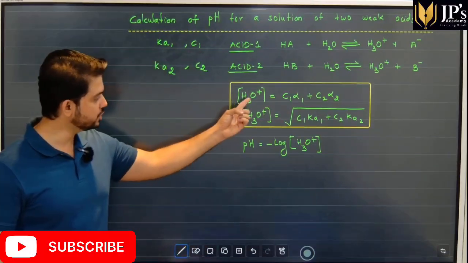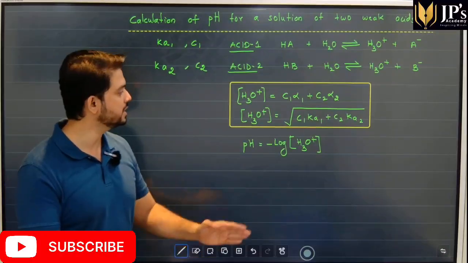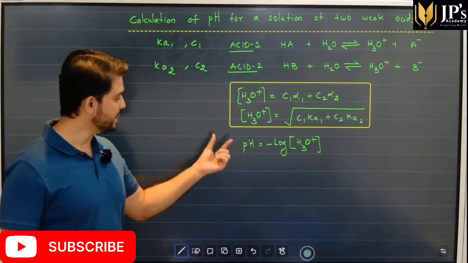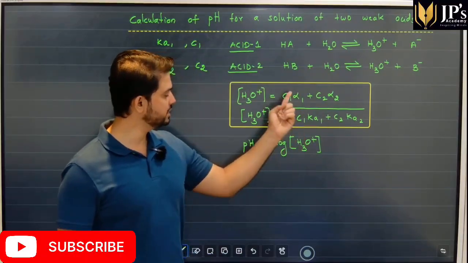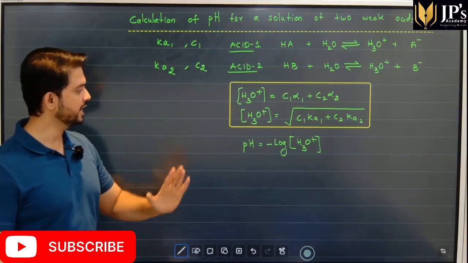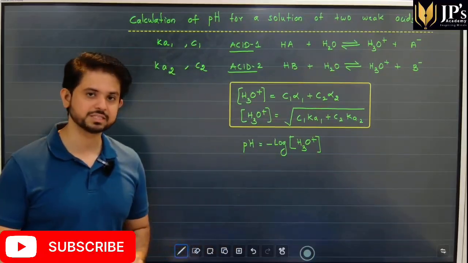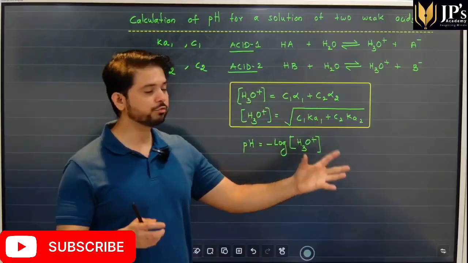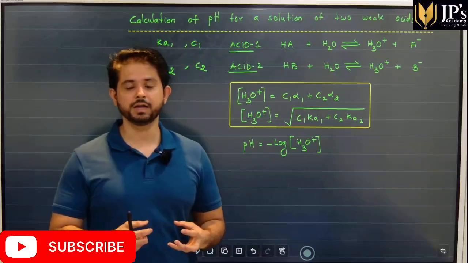The concentration of the H plus ions in a solution of two weak acids will be C1 alpha 1 plus C2 alpha 2, and the pH for the same can be calculated using any one of the two expressions. The second expression for H plus is under root of C1 Ka1 plus C2 Ka2. Remember, students, if you have a mixture of two acids,